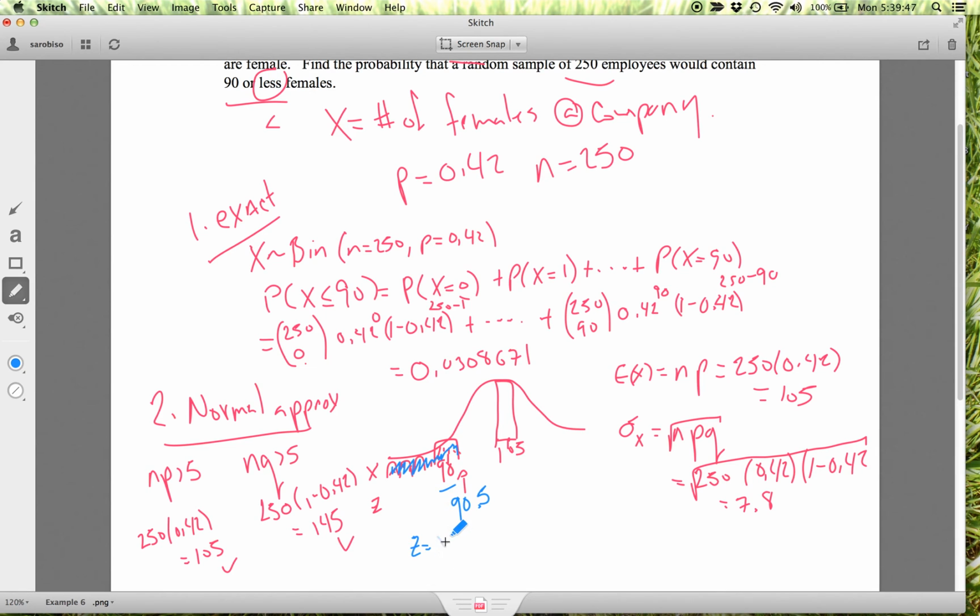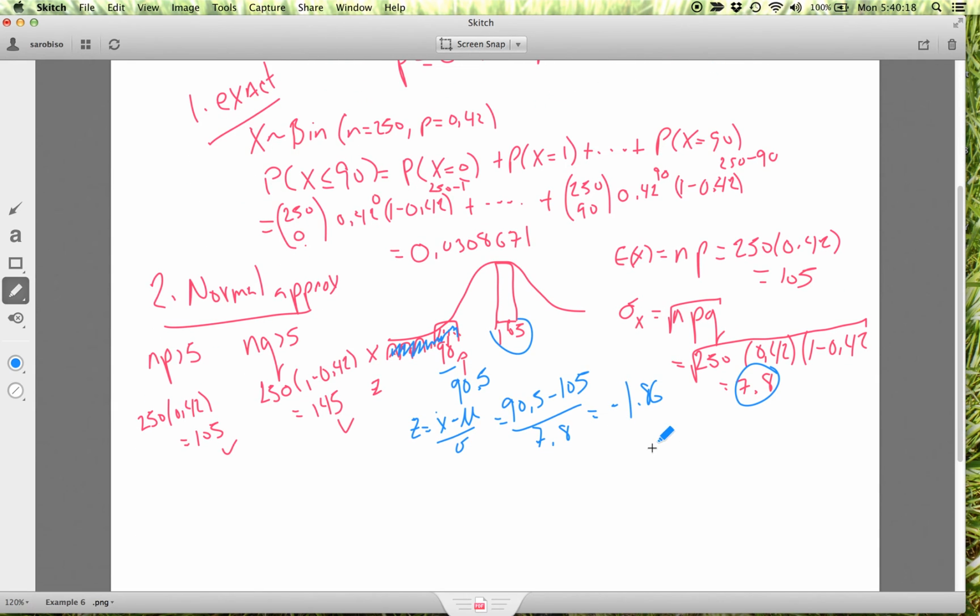our z calculation, our normal transformation calculation here, and the value that we're trying to transform is 90.5. The middle, of course, is 105, and we also calculated the standard deviation to be 7.8. This value actually ends up being negative 1.86, and we can find the probability using our z table, to be, of course,